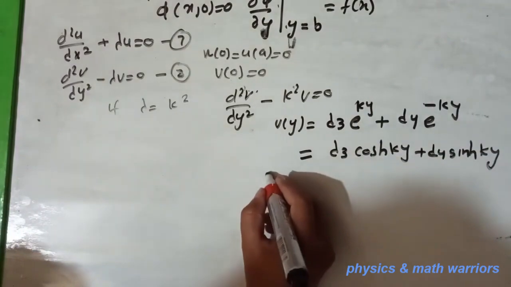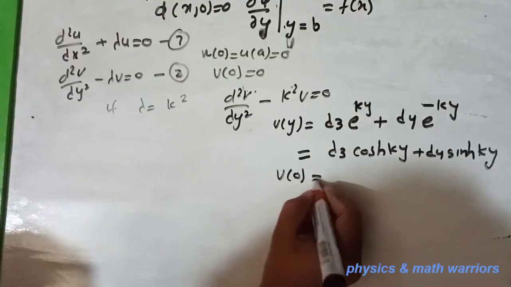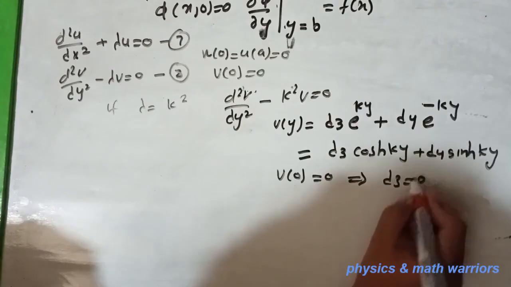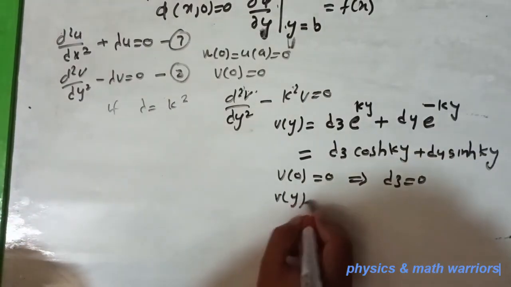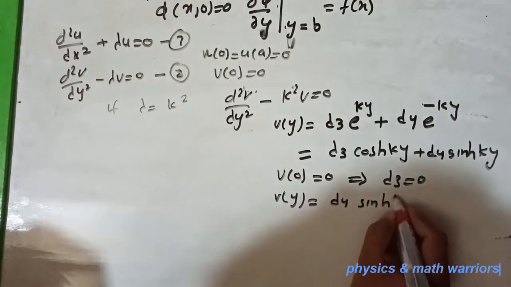Now we'll use condition to find the value of d3 and d4. v of 0 is equal to 0 implies d3 is equal to 0. So v of y is equal to d4 sinh ky,